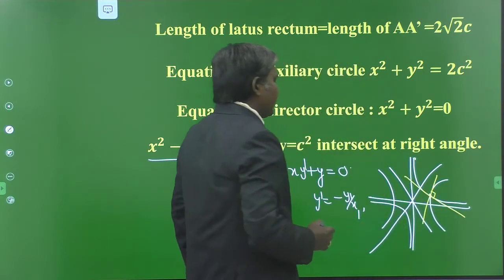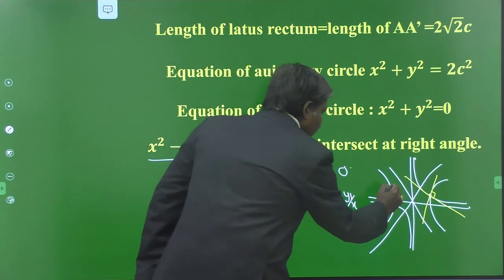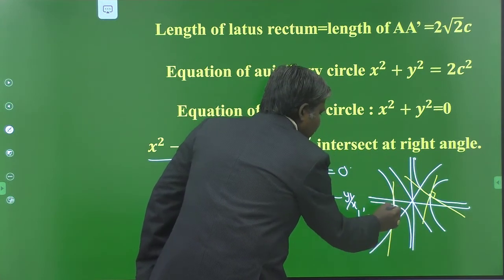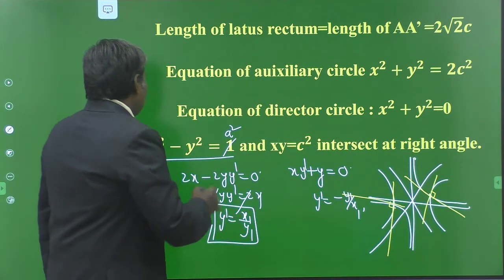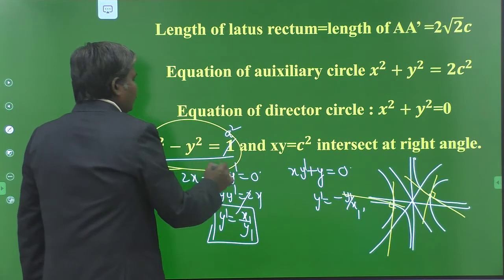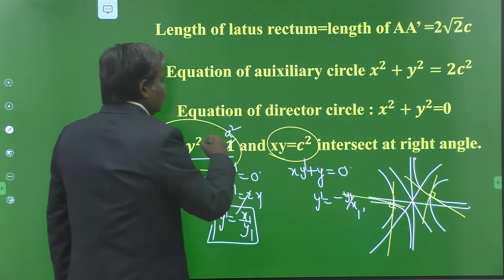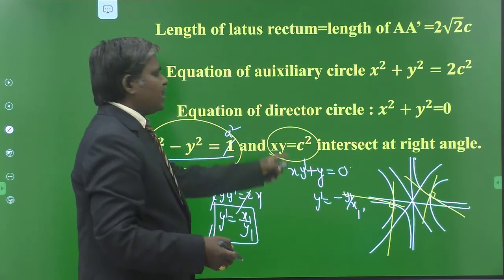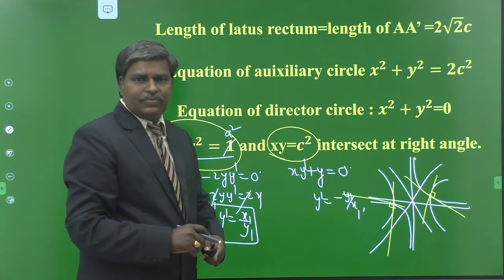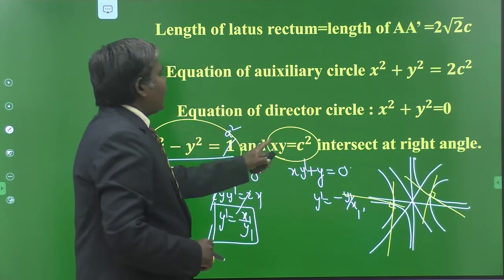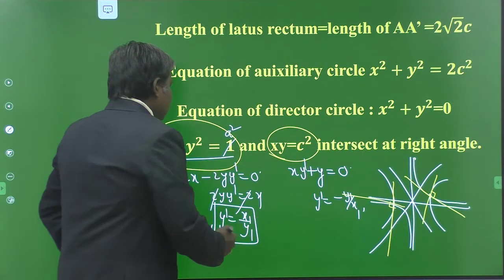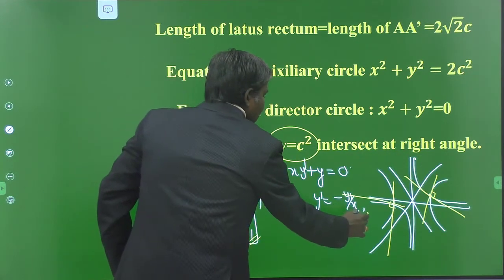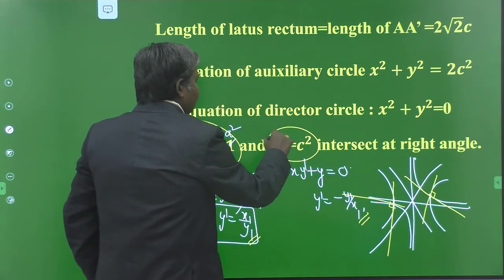So the angle between the tangents is 90 degrees here. Similarly, if you draw the tangents at their points of intersection, the angle between them is here 90 degrees. Understand? So x square minus y square is equal to a square and xy is equal to c square are two curves. One is obtained from the other by rotation of the axis through an angle 45 degrees, and at that time the angle between the curves is 90 degrees, because this is the slope and this is the slope at the same point of the other curve.